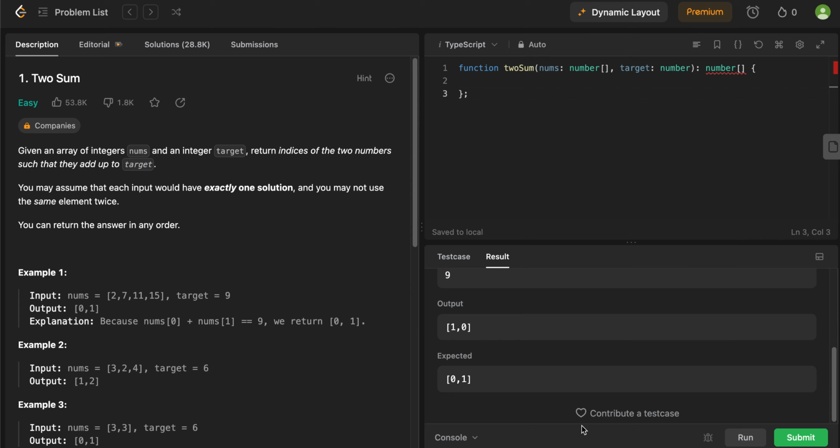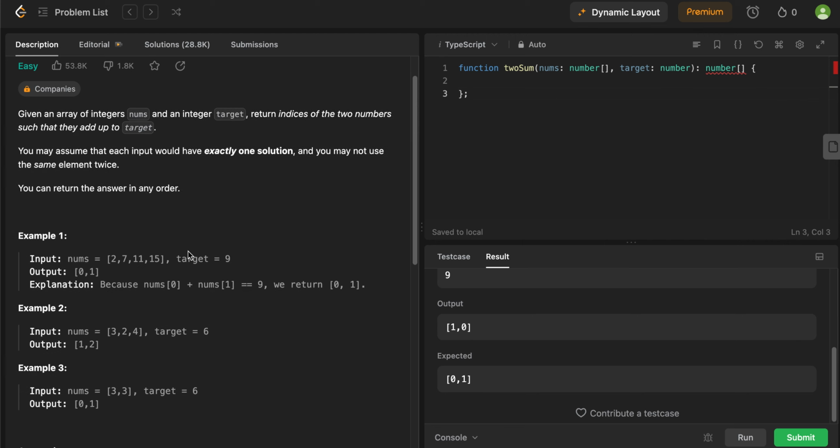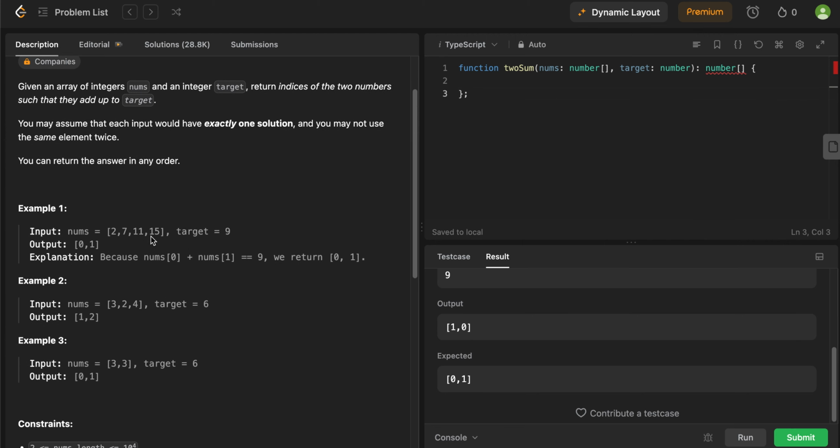Given an array of integers, nums, and an integer target, return indices of the two numbers such that they add up to the target. You may assume that each input would have exactly one solution, and you may not use the same element twice. And you can return the answer in any order for the indices. So here, if I look at the given examples in LeetCode, you see the numbers assigned to 2, 7, 11,